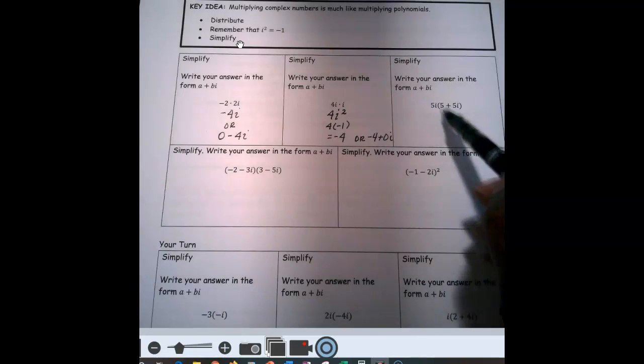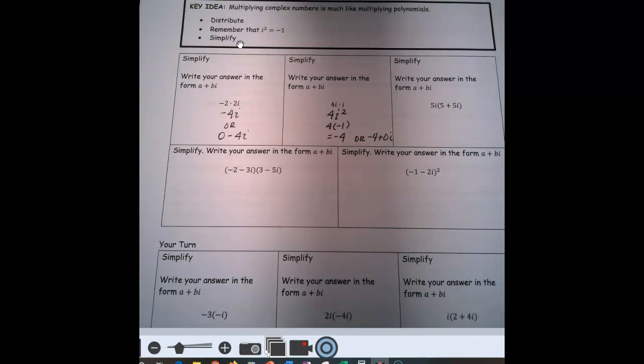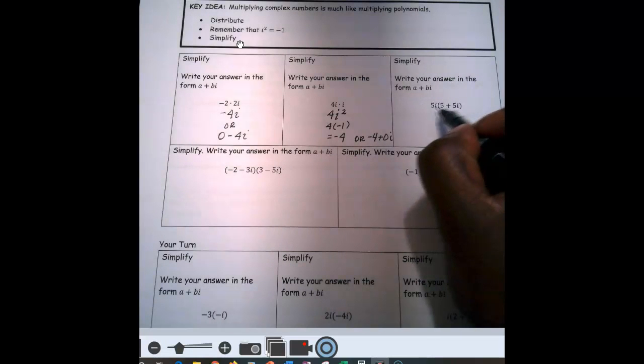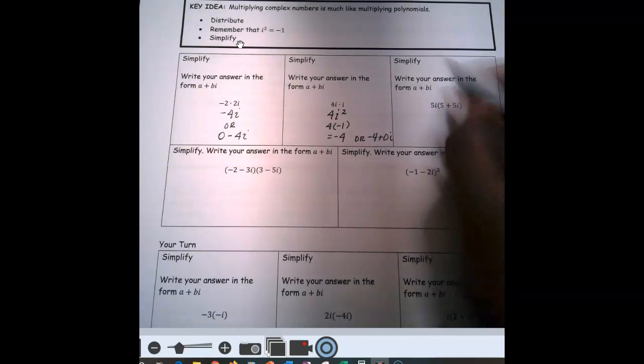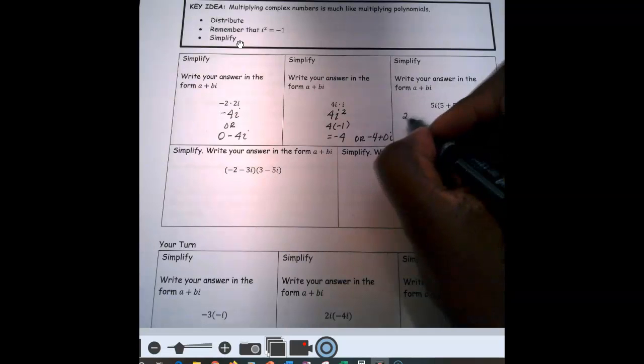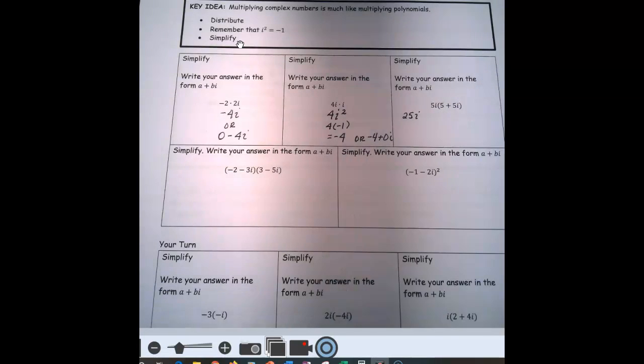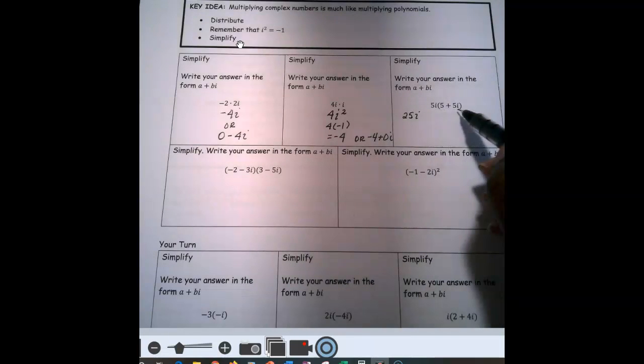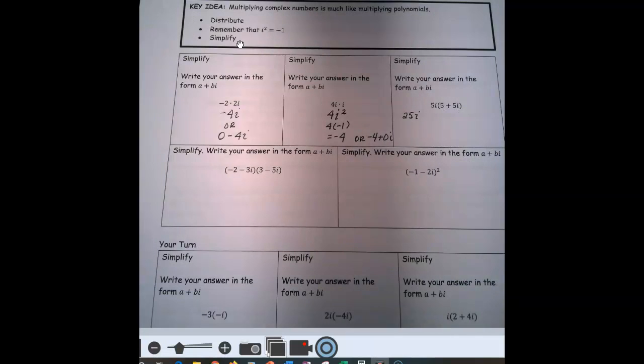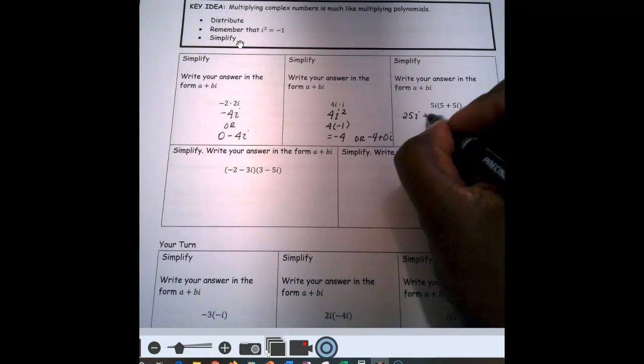Here, we've got our set of parentheses, so we're going to use the distributive property when we simplify. We've got 5i multiplied by 5. I'm going to write to the left here. We've got 25i. And then we've got 5i multiplied by 5i. Well, this time that gives us